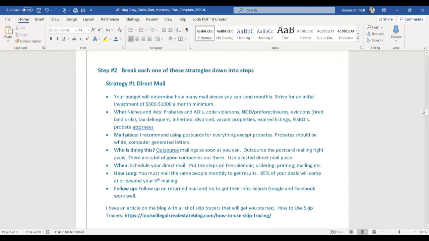Now, who's going to do it is your next decision. Some people try to do it in-house early on. Gosh, we did probate mailings in-house. Then we graduated to printing them in-house and handing them off to my gal, Becky, which you've probably heard me talk about. But it has become so much more affordable to just outsource them now that I personally think that's what you should do. There are a lot of good companies around,